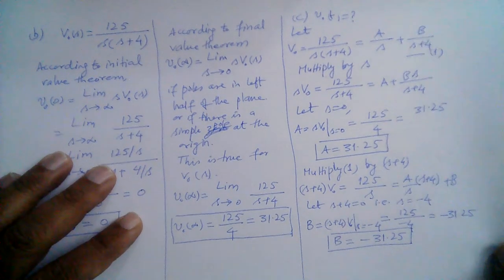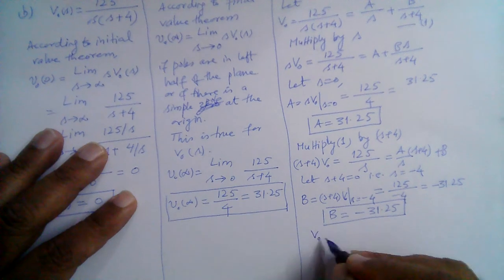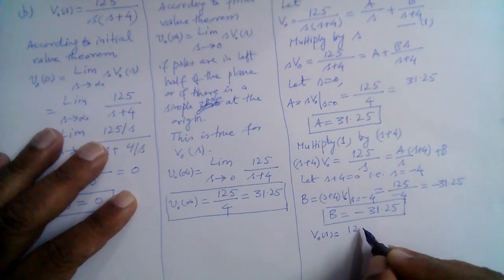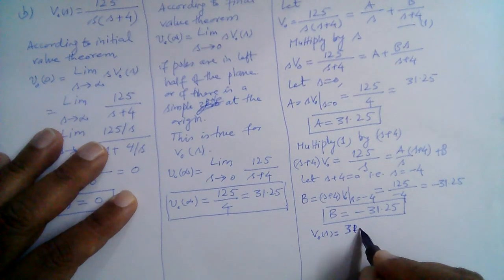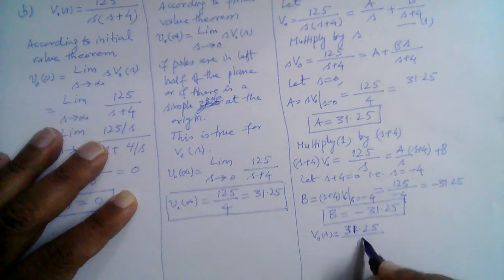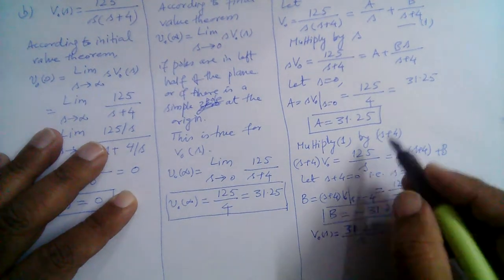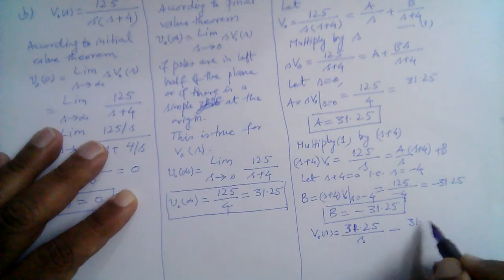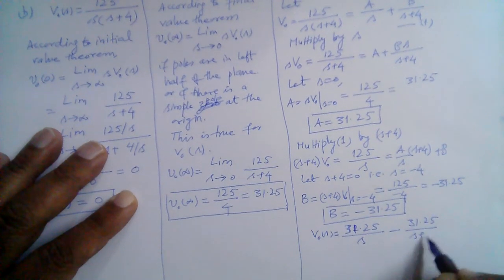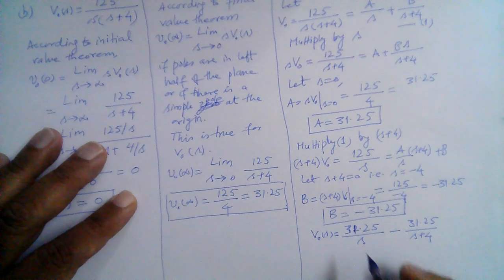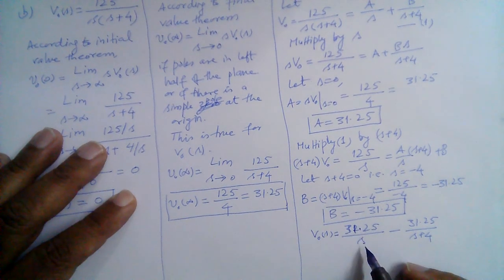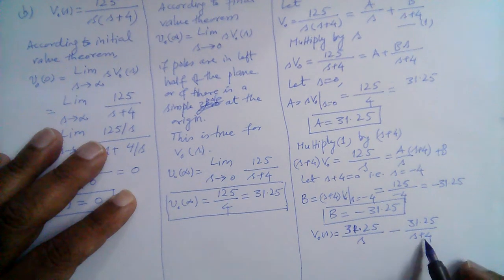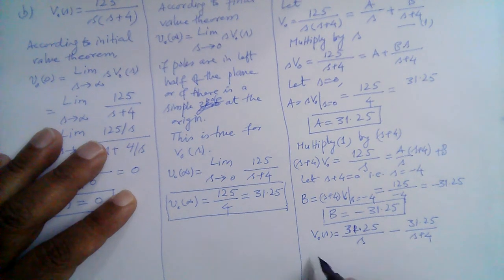So we can write this V naught of s is equal to a, which is 31.25 divided by s, right? And this b term, minus 31.25 divided by s plus 4. And if we take the inverse Laplace transform, 31.25 over s is the Laplace transform of u of t, and 1 over s plus 4 is the Laplace transform of e raised to the power minus 4t. So we can write v naught t